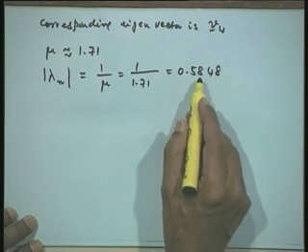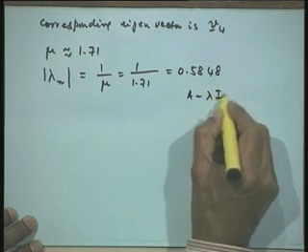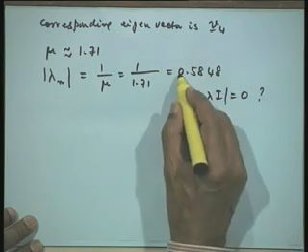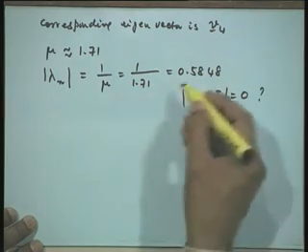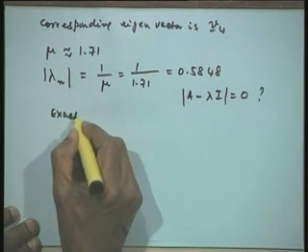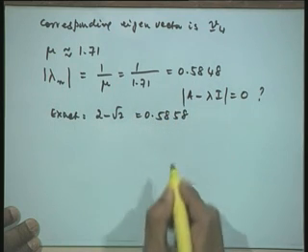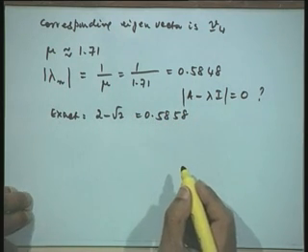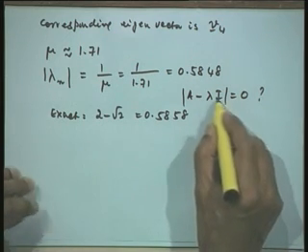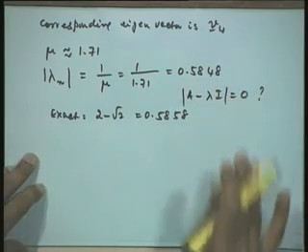Now, if I want to check whether the sign is positive, I must substitute it in the determinant of A minus lambda I and see whether this is 0 or not. If this is 0, then it is the plus sign; if it is not, it must be the negative sign. Now, the exact eigenvalue in this problem is 2 minus root 2, that is 0.5858. As I said, the sign must be determined from this; we cannot straight away say that this is the eigenvalue, we can only say this is the required eigenvalue in magnitude.